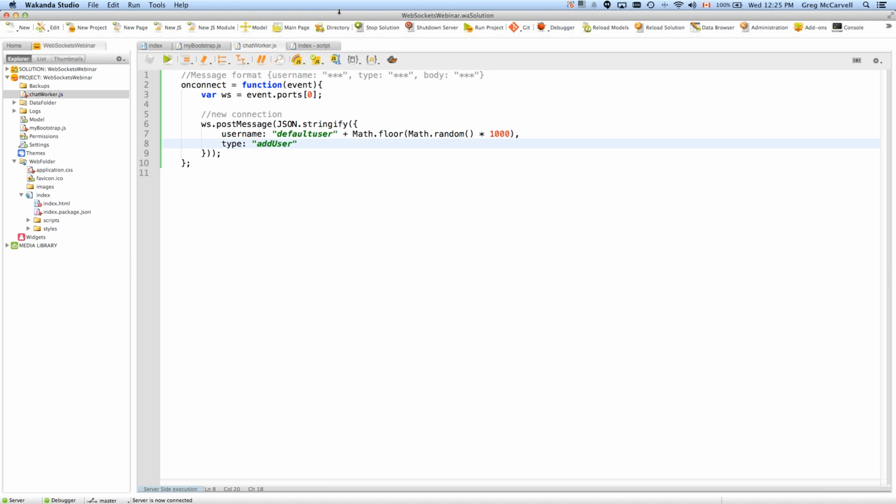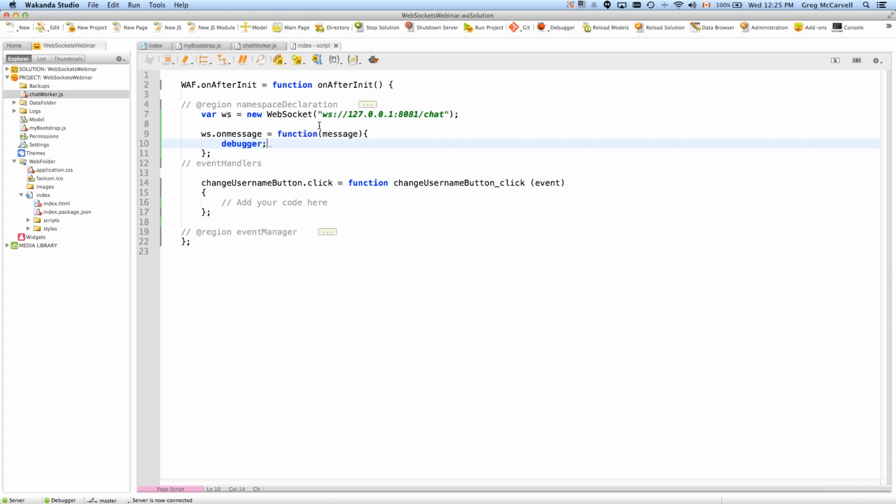So go back to Studio, to our client side JavaScript. And I'm going to suggest the first thing we do is we make a new variable. We'll do a message object equals JSON.parse. And what this is going to do is the reverse. It's going to parse the JSON data into an object. So message.data is what we want to parse. So I'm going to get a JavaScript object with that data, and that will give us access to those different